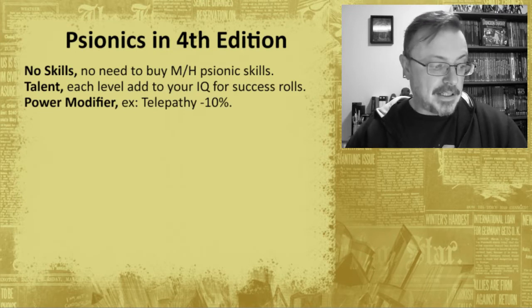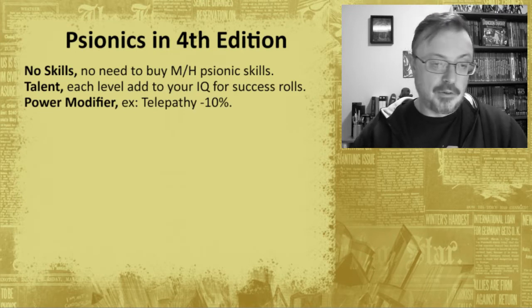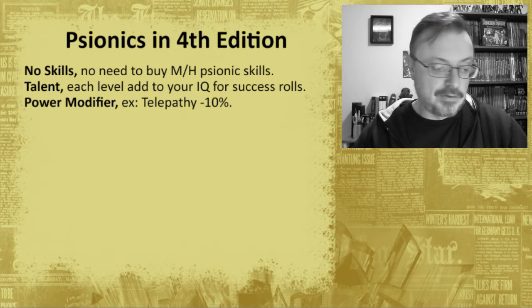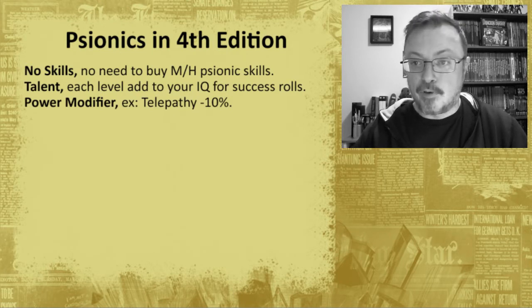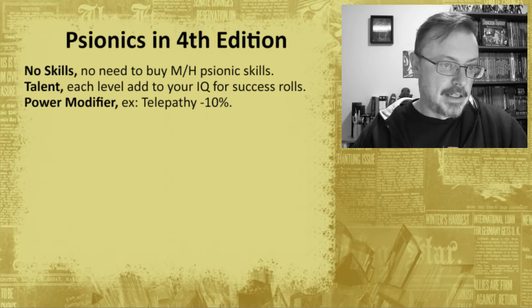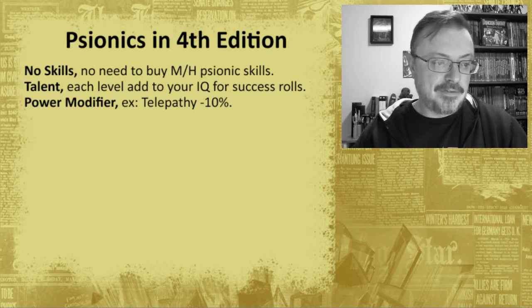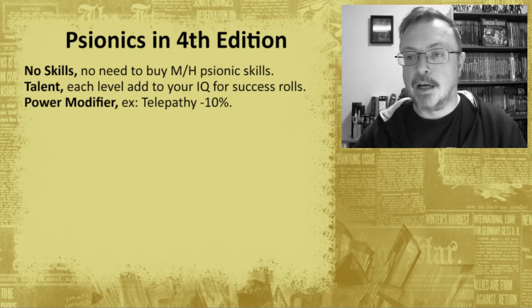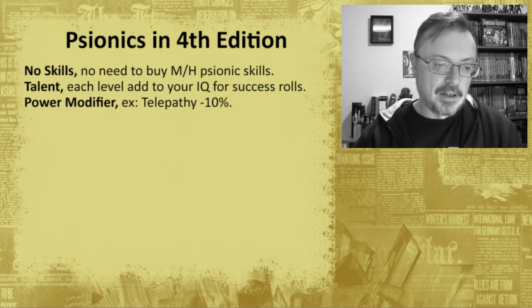So basically, in fourth edition, you don't need to buy skills. You buy a talent to increase your performance with the power. And you have these nifty power modifiers. For example, here, telepathy minus 10%. You see,